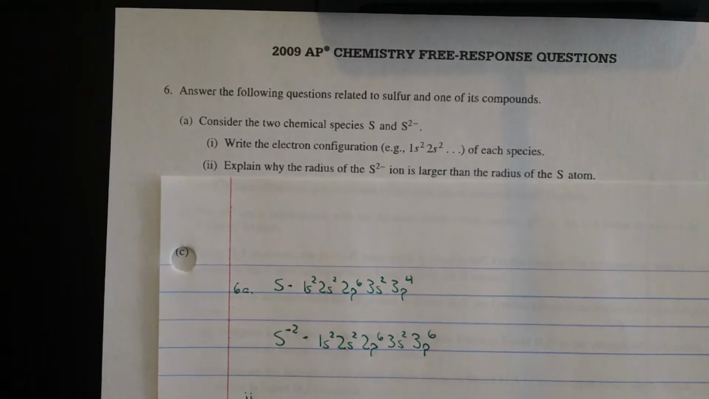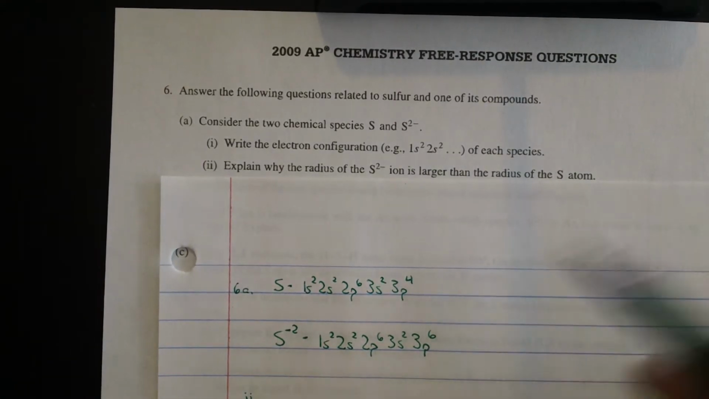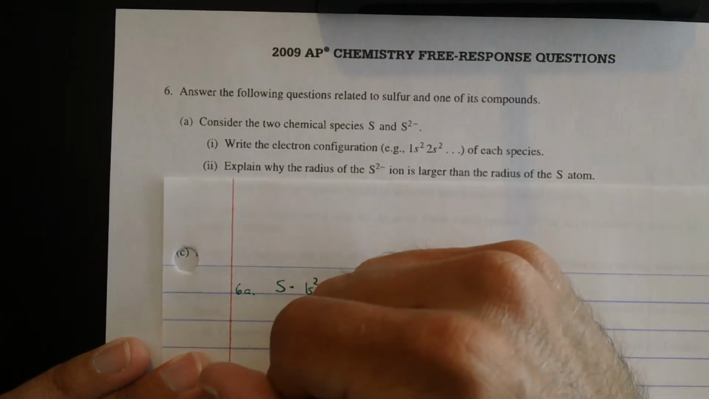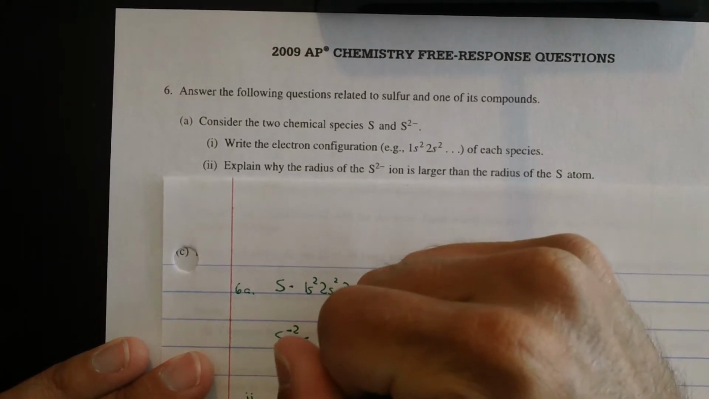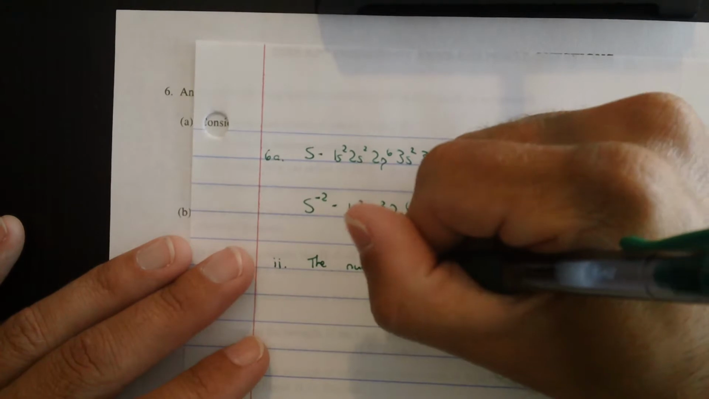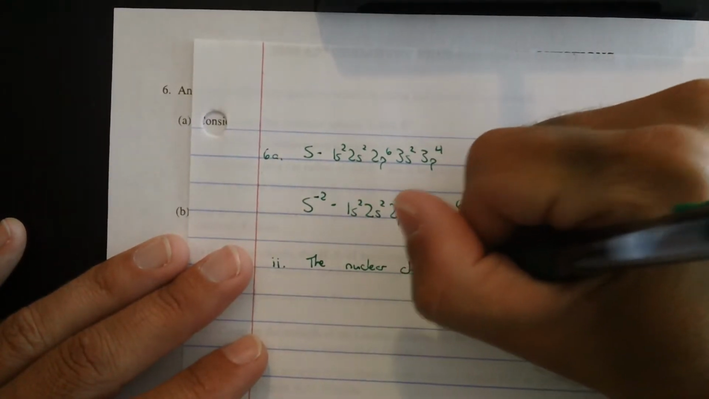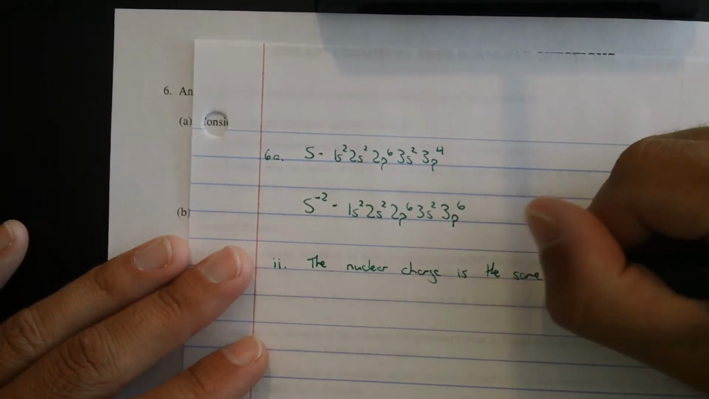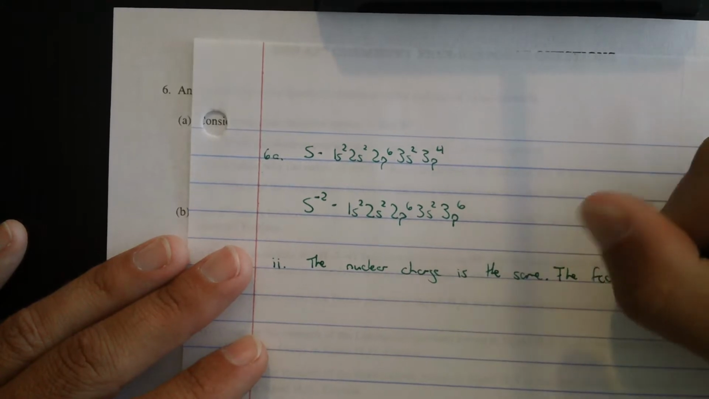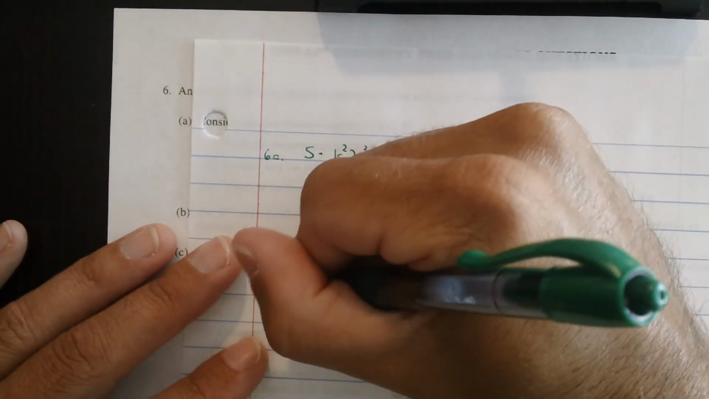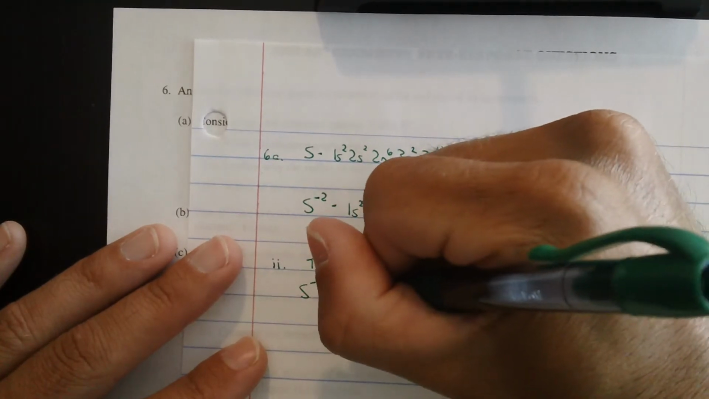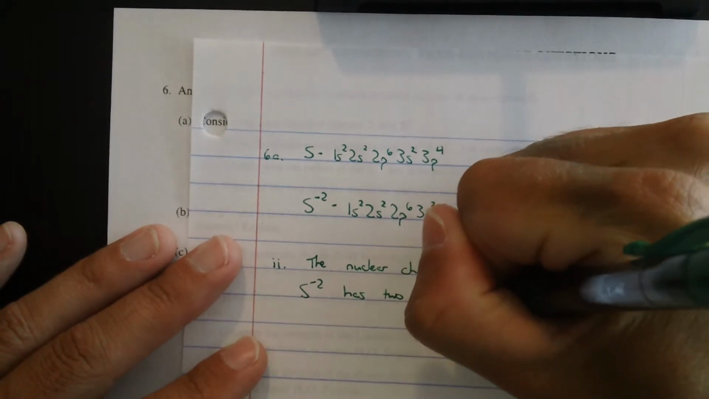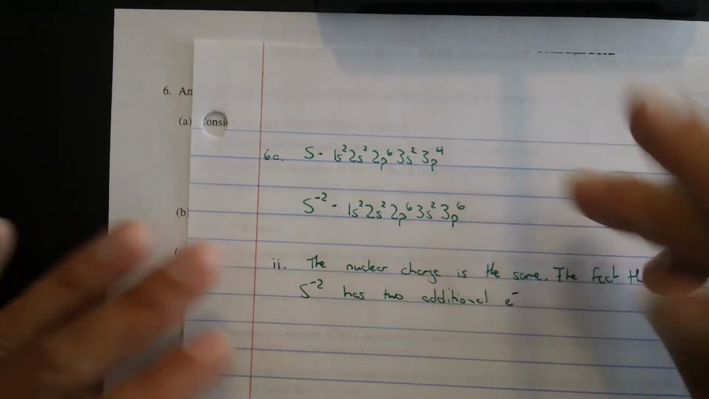Then A.2 says explain why the radius of the sulfide ion is larger than the radius of the sulfur atom. What do they have in common? They're both sulfur, so the nuclear charge is the same. The fact that the sulfide ion has 2 additional electrons